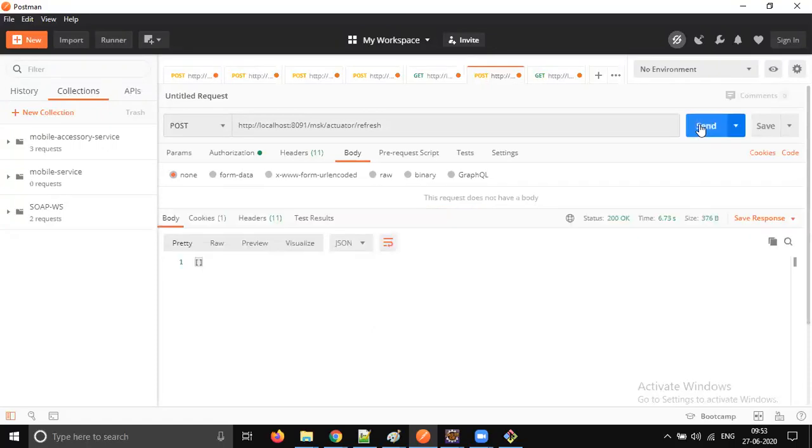It showed, okay, let's do one thing. Let's try to load the configuration from here. Right? So mobile service, I'm sorry, 8888, and it's going to be mobile service slash, okay, profile is dev.